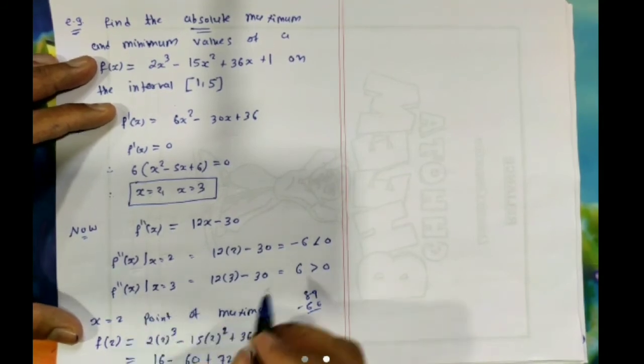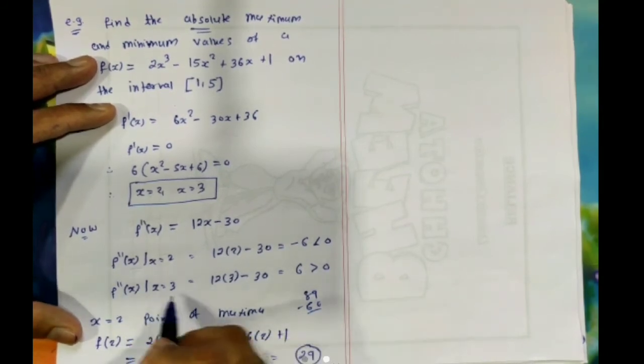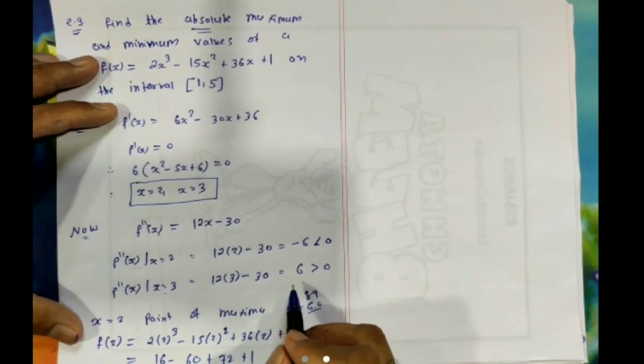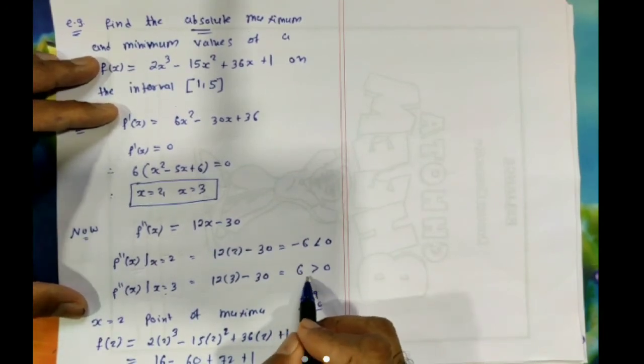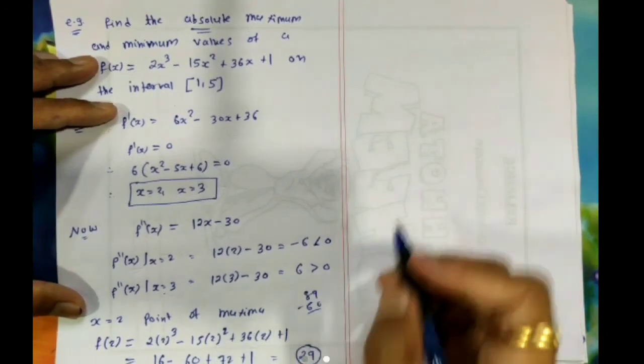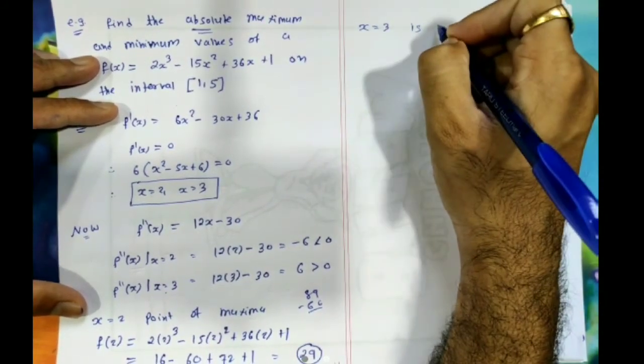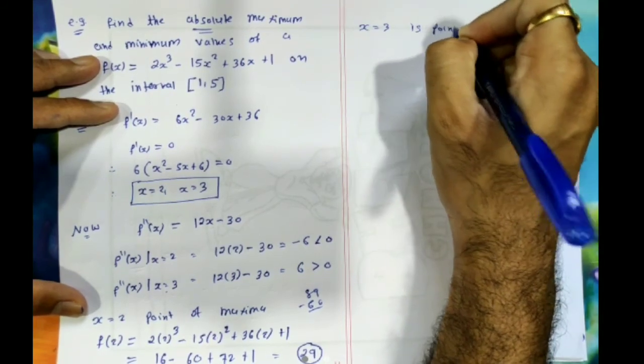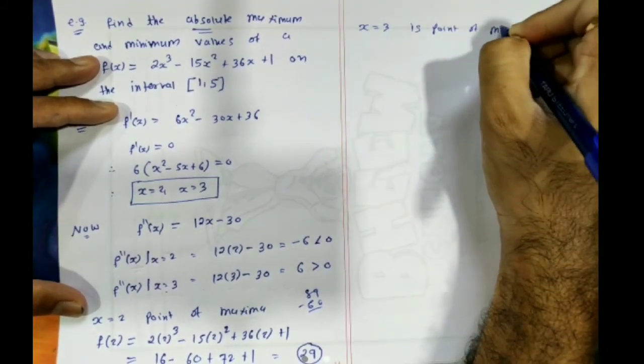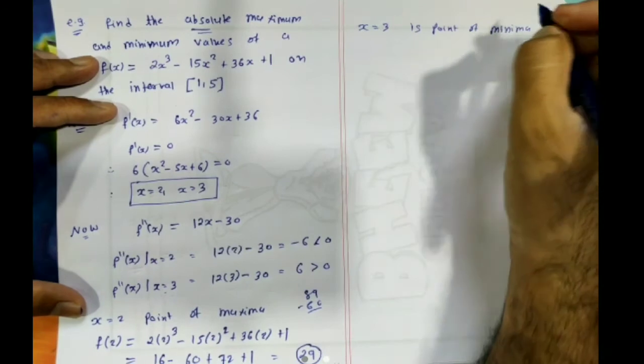Now you have to find the value for x equal to 3. So f double dash x at x equal to 3 is greater than 0. For greater than 0, we can say that x equal to 3 is a point of minima. So our minimum value will be